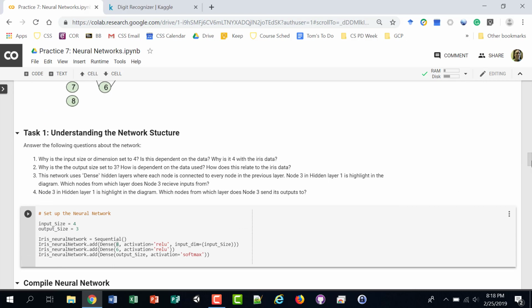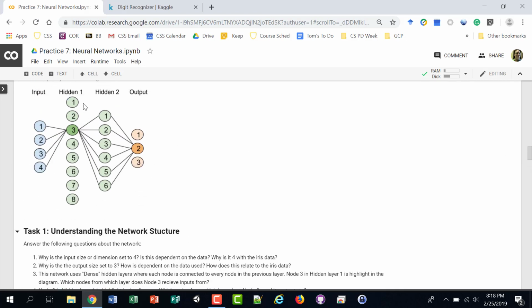The dense means that every node in this network, like number 3 here, is connected to every one of the inputs. So 3 is connected to every one of these 4. So there's 4 connections going from the inputs to this one, and again that would be the same for each one of these. So that's what dense means, is every node in one layer is connected to every node in